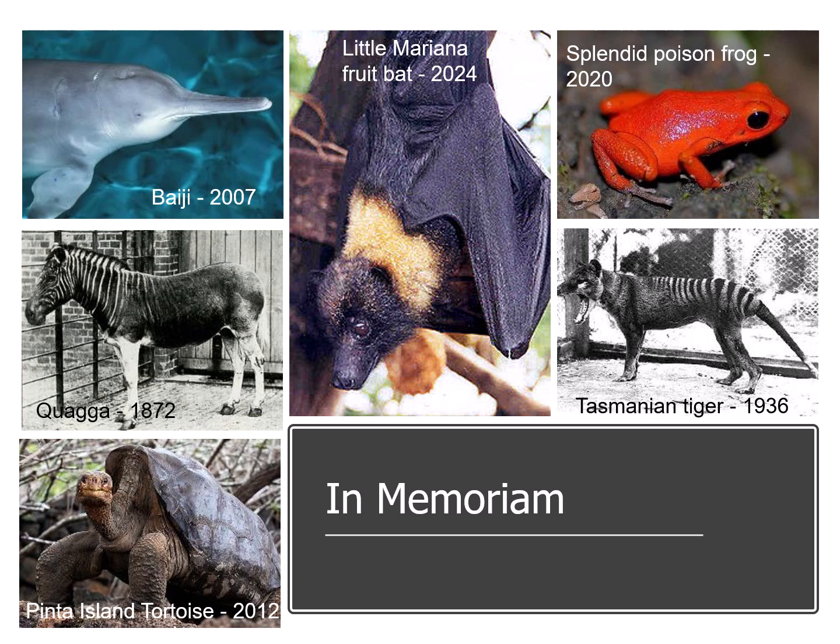We also have the Tasmanian tiger, also the last of his kind, the reverse of that quagga, interesting enough. The last of that species died in a zoo, I believe in New Zealand, in 1936. And then very recently, in 2024, we have this very sweet looking fruit bat, the little Mariana fruit bat. The last one that was seen was sometime in 2023, and by 2024 it was pronounced extinct.